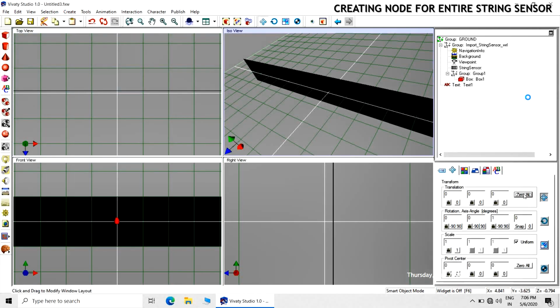Then we will be creating the text node. Again bring this text node to 0 0 0. Bring it under group number 1. Give the appropriate coordinates.